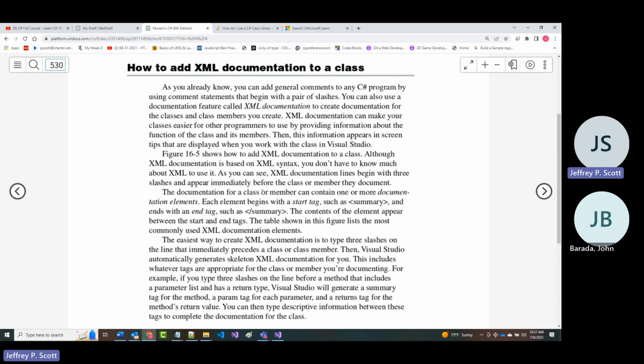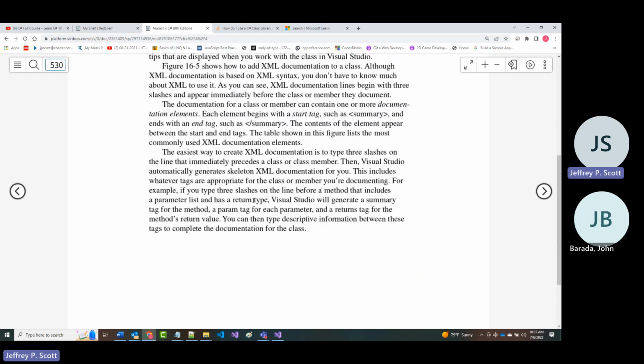There are certain ways that XML documentation is used in this language. As they mentioned there, although XML documentation is based on XML syntax, you don't have to really know XML to be able to use it.